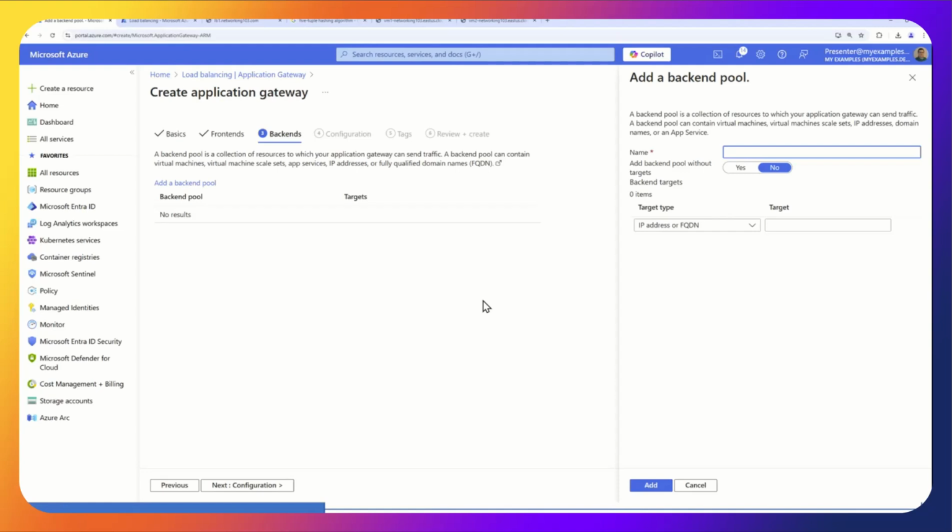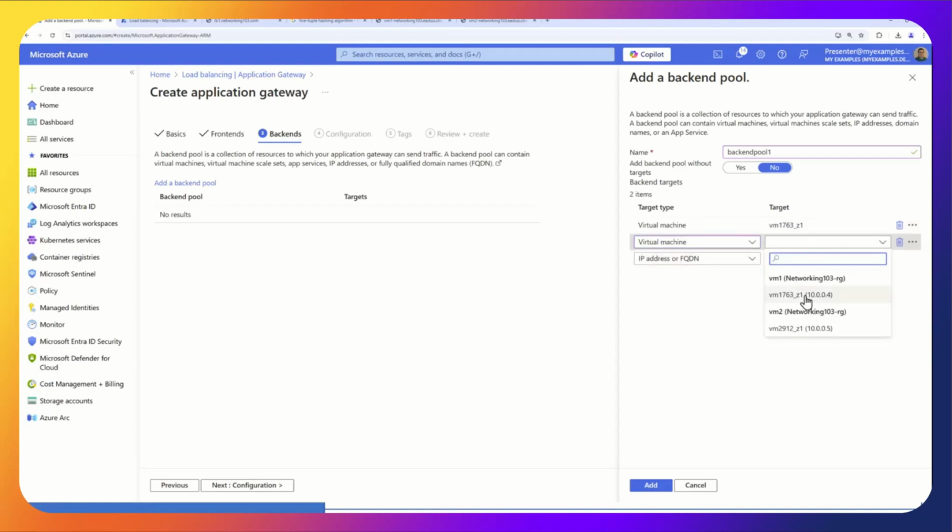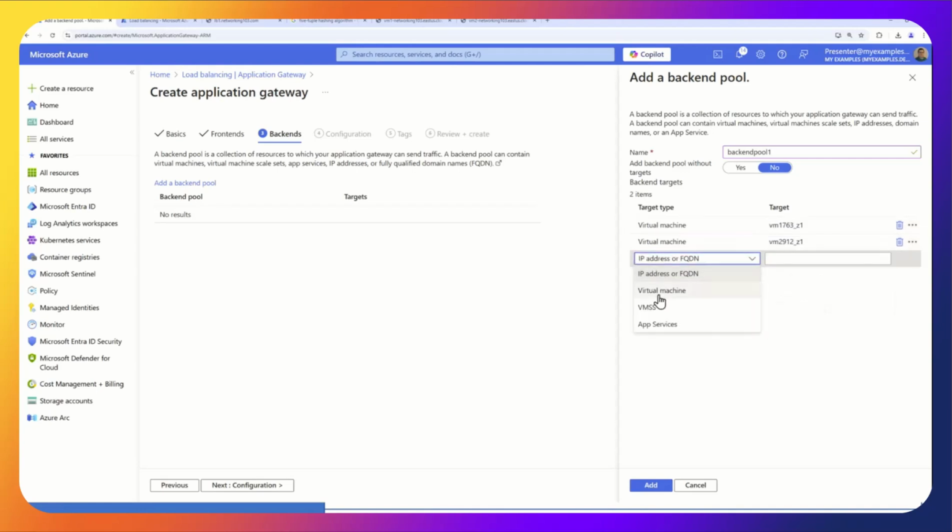They're completely separate. So backend pool 1, they even have the same name. Target, I'm going to say virtual machine. So there's a lot of different ways. You can see a virtual machine scale set, a group of computers, an app service. I can choose the IP address. Easy enough to just put in the name. I'm going to hit add.